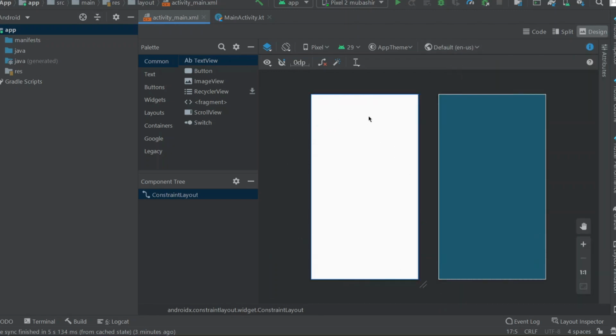So this is the parent of our app. Everything on this are children of this parent. For example, if I drag and drop a text view here, text view will be the child of this parent. If I drag and drop this button here or any widget, everything will be children of this parent. So first let me drag and drop this text view here,